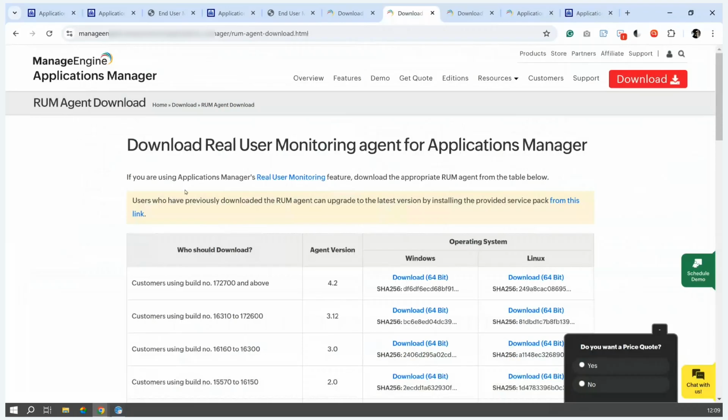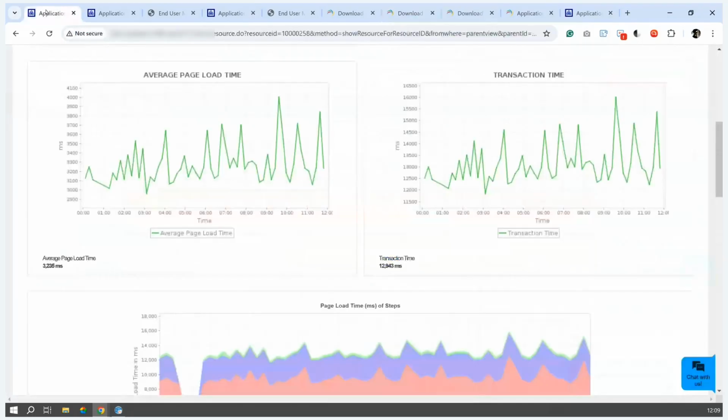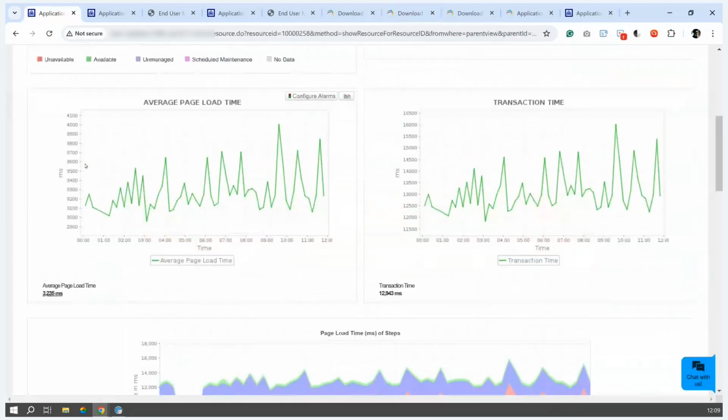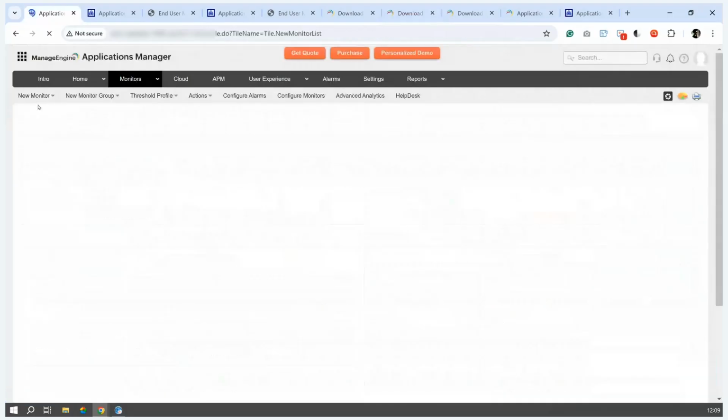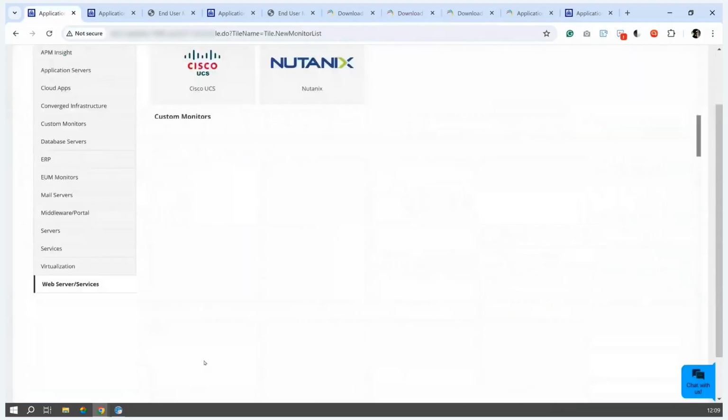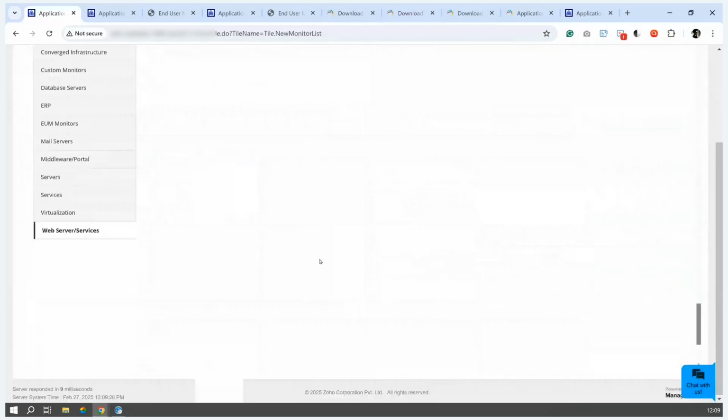So once you're done deploying the RUM agent, now you'll have to move into the Applications Manager UI and add the RUM monitor. To add the monitor, you will have to go to New Monitor, Add New Monitor, and under the Web Server and Services category, you will have to select the real user monitor. So on clicking the real user monitor, you'll be taken to the add monitor page now,